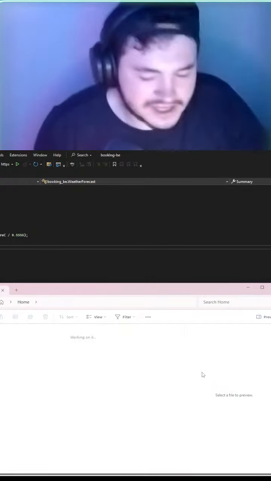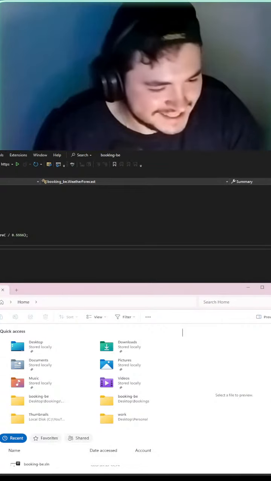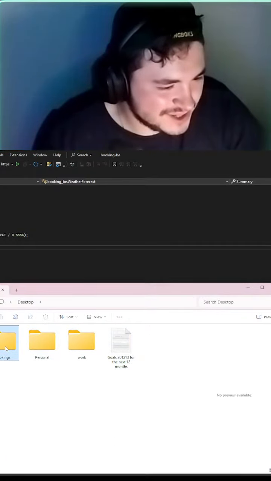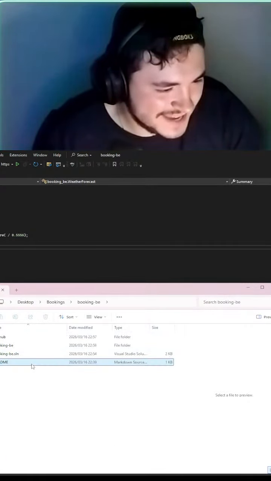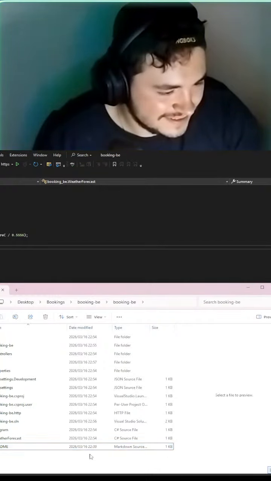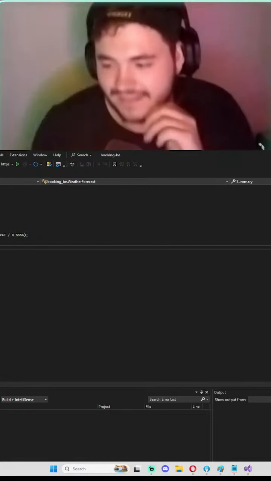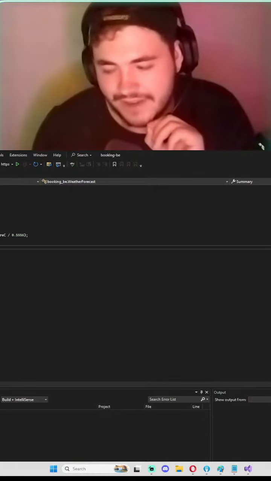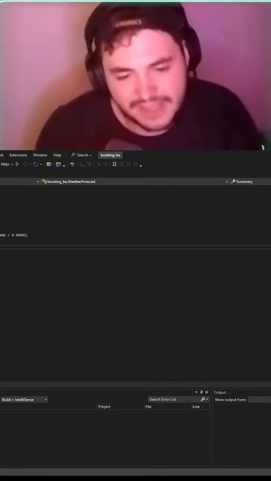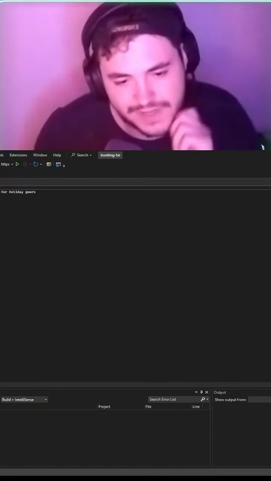Sorry, this is just going to be a lot of me just manually trying to figure this out. Desktop, bookings, booking backend, README. README, delete. Didn't I remove it? No, I didn't remove it. I took it out and then I put it back in. And now I took it out and put it back in again. So don't you worry.